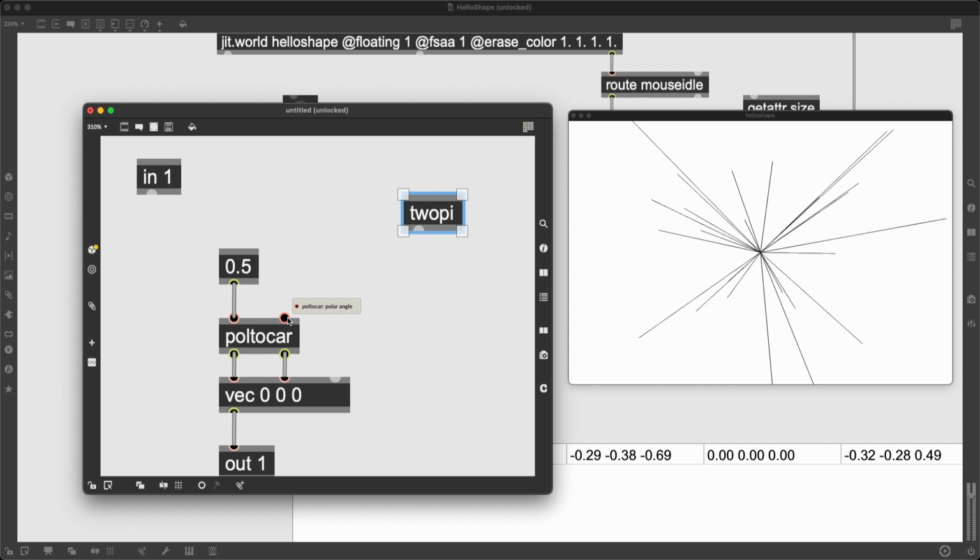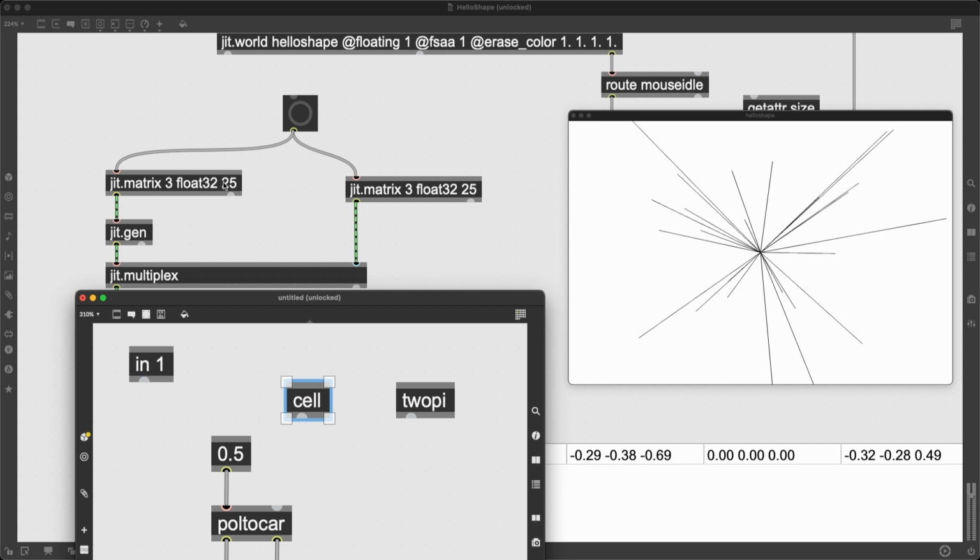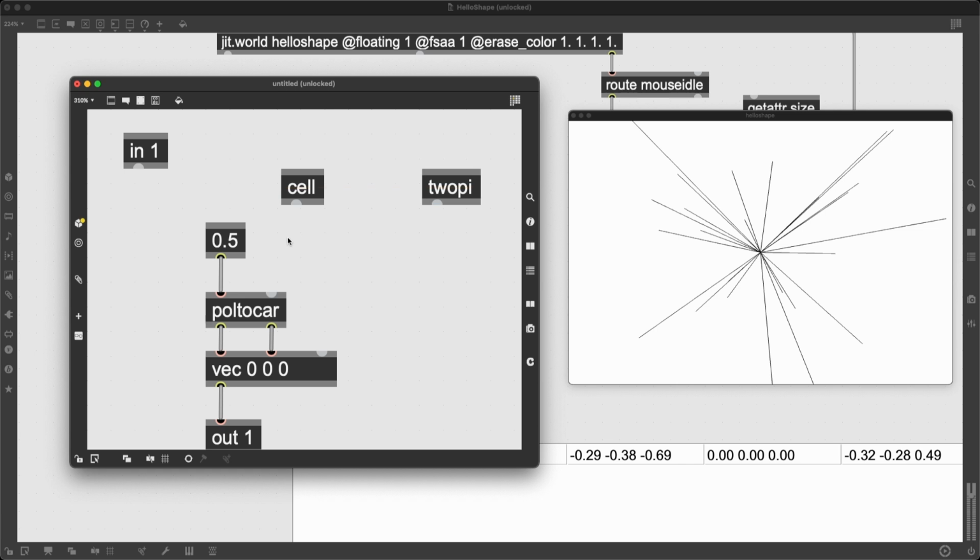my polar coordinates. So essentially, I need to use the cell object, which is going to give me the cell coordinates of the input matrix, right? So for the first cell, it's going to give me 0. For the second cell, it's going to give me 1, and so on, up until the 25th cell, it's going to give me 24. So I need to take this and I need to apply the scale object on this,